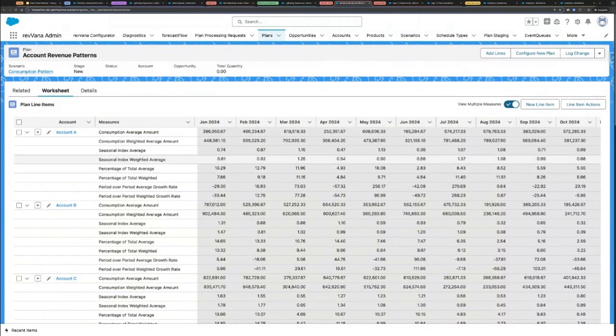This is a sample array of patterns you can extract. This is fully extendable. But if you notice here, I have extracted usage patterns based on the average consumption from the past by account. You could derive seasonal indices and some other metrics. And again, you can bring your own model if needed.